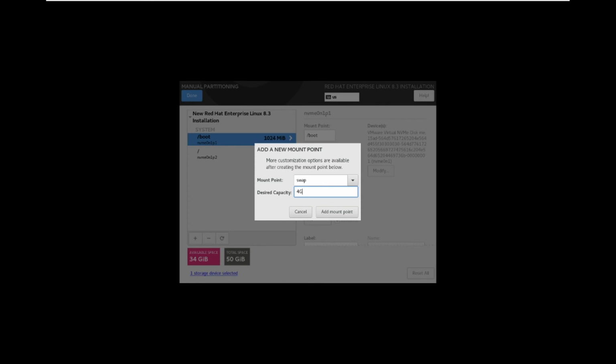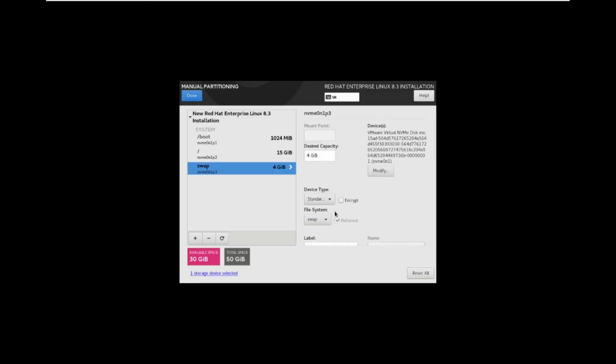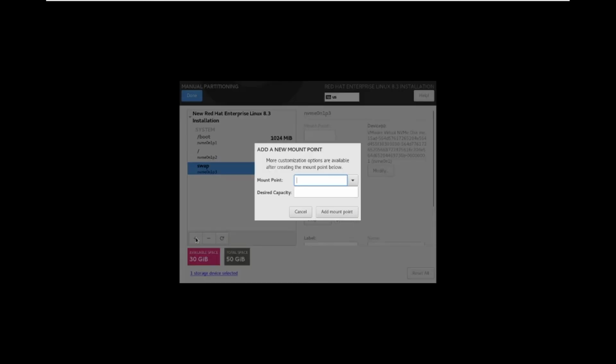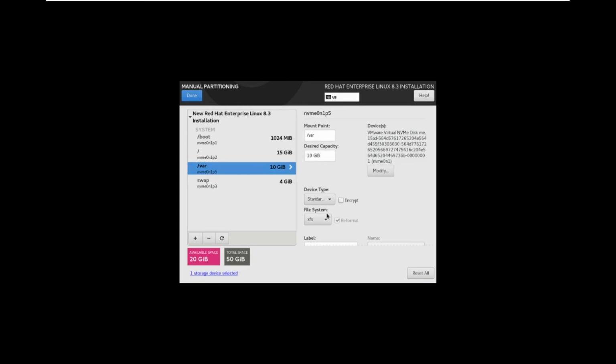That's why I specified 4 GB here. Then finally var. Var recommends 10 GB. Okay, overall out of 50 GB, 30 GB is completed, remaining 20 GB is free space.